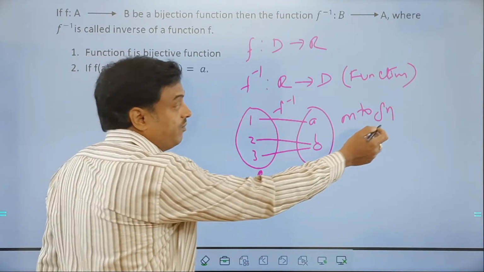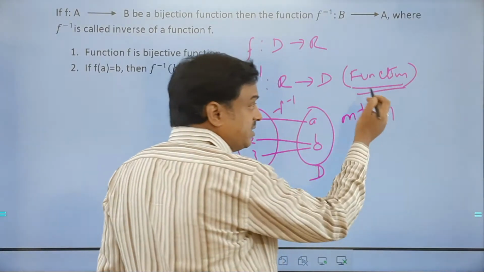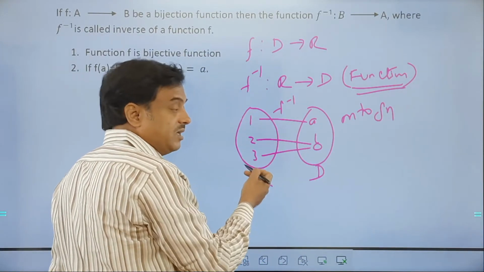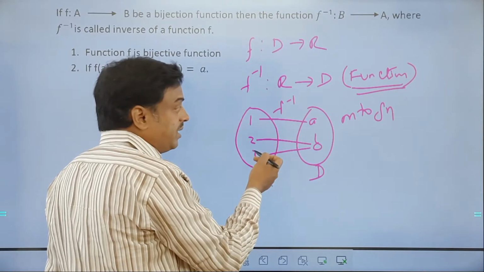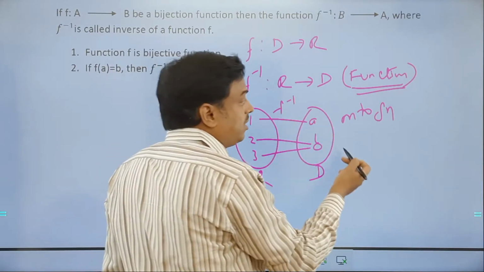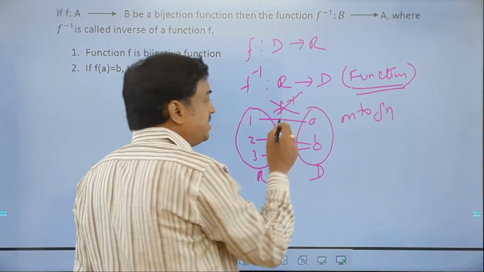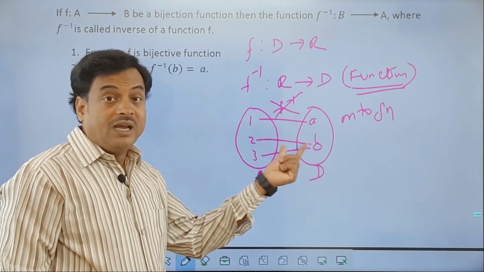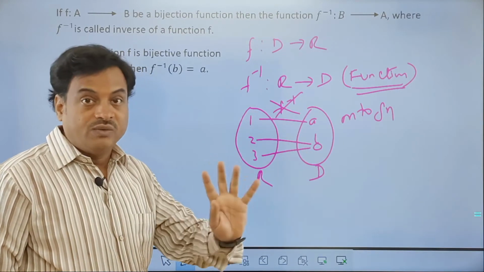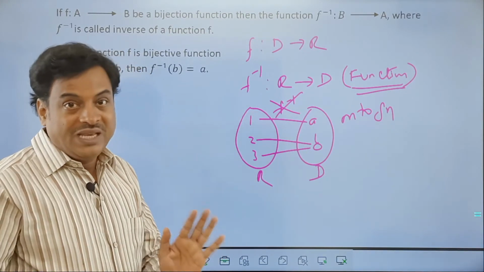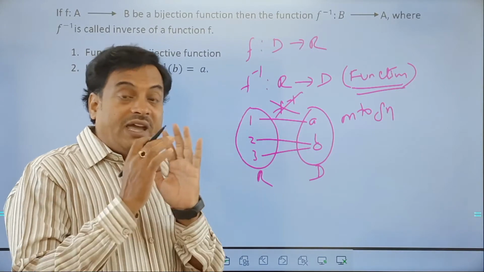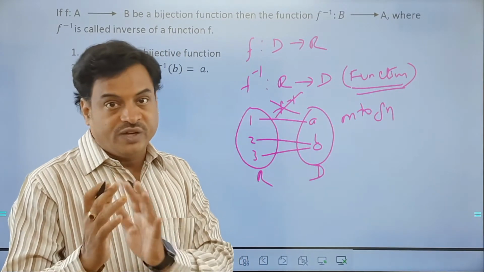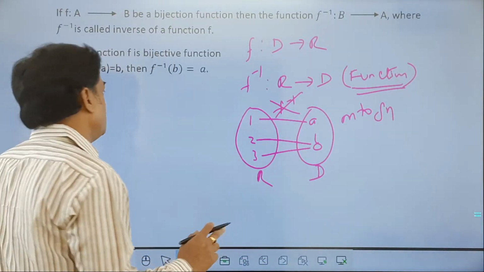Now these elements are acting as elements of domain and these elements are acting as elements of range. Now, when it is a function, please understand, an element of domain cannot have multiple images. So here, since B has multiple images, this cannot take an inverse function. That means you cannot have an inverse function to this. This is definitely a function, but not an inverse function. Inverse function is not possible here. So what I am trying to say is, every function will not have an inverse function. That every function will not have an inverse function is very crucial.